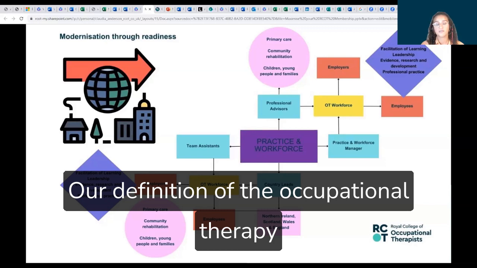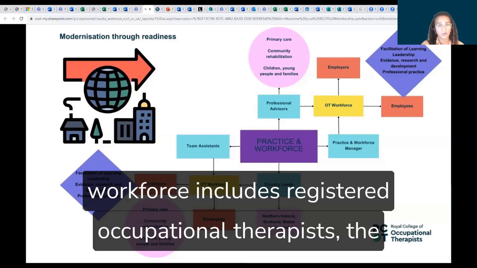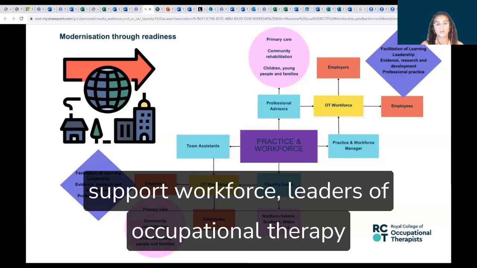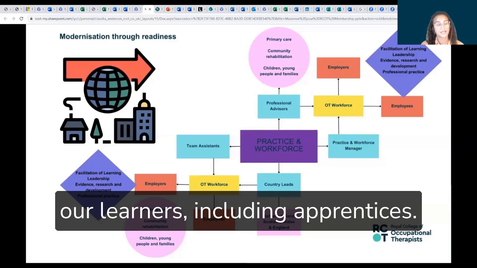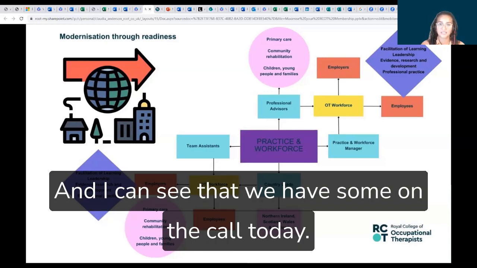Our definition of the occupational therapy workforce includes registered occupational therapists, the support workforce, leaders of occupational therapy teams and services, and of course our learners, including apprentices, and I can see that we have some on the call today.